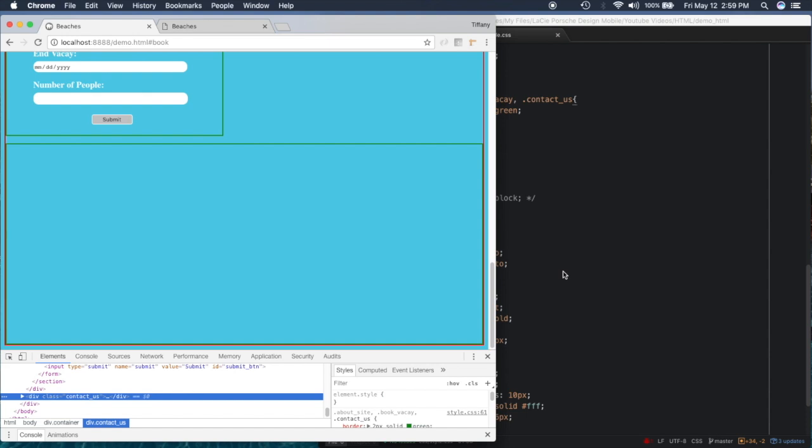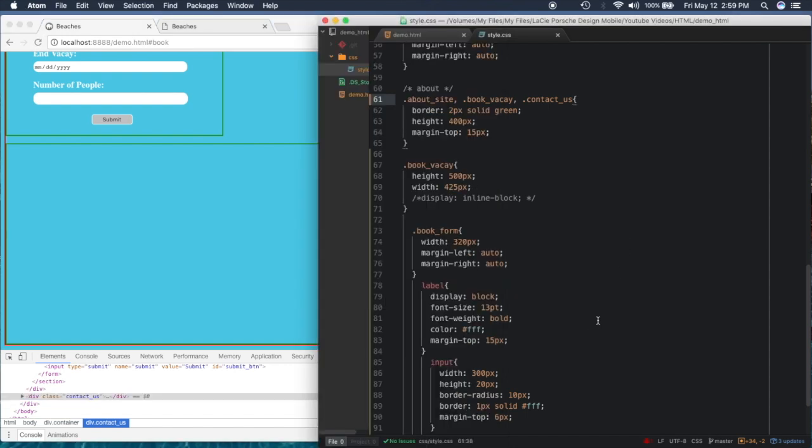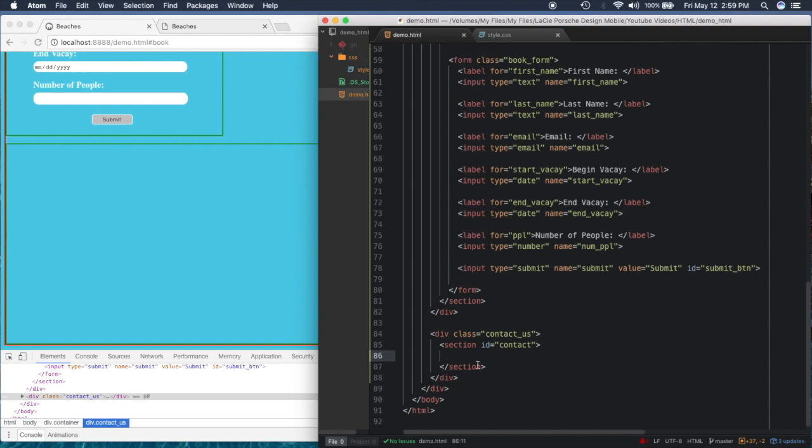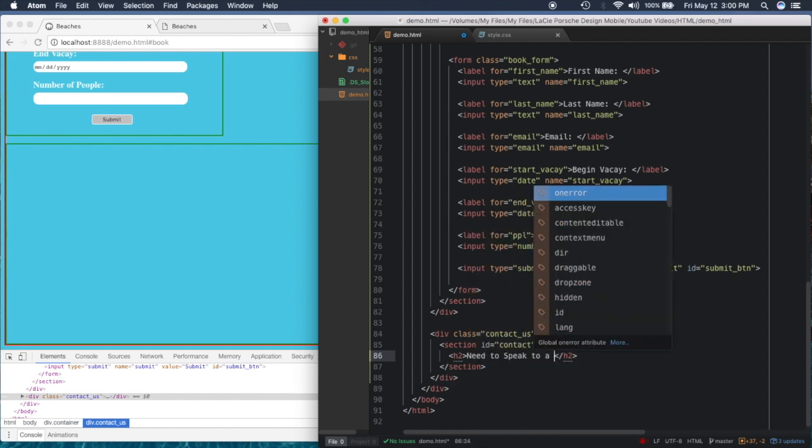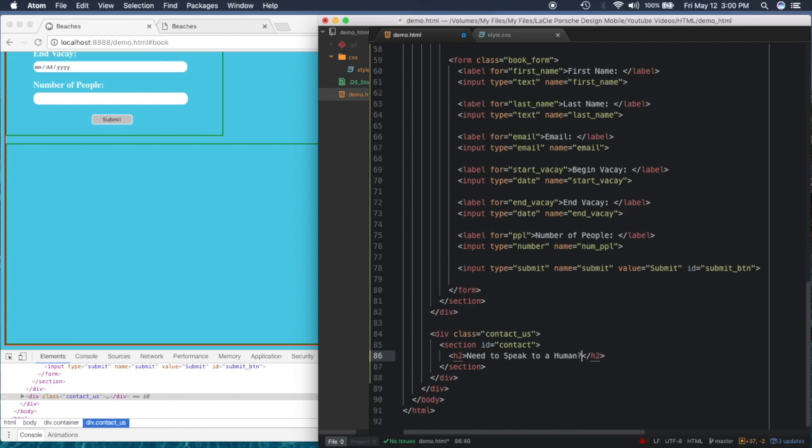Divs automatically are block elements, which means they're going to take up a block or a whole row of your page. So let's go and add some information in here. I'm going to go with an H2 that just asks, need to speak to a human. Again, you can make this any way that you like. I'm going to start putting